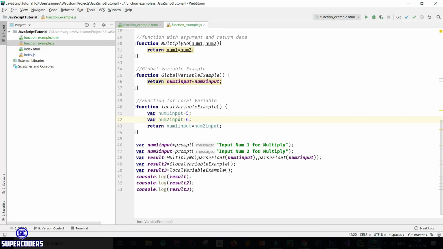You can declare the local variable like here, and you can use the global variable like this. So in some places we need local variables and global variables for breaking our code. Also, why do we need functions? Because for breaking down the code into small parts, we need functions. That's why we use functions in every programming language.